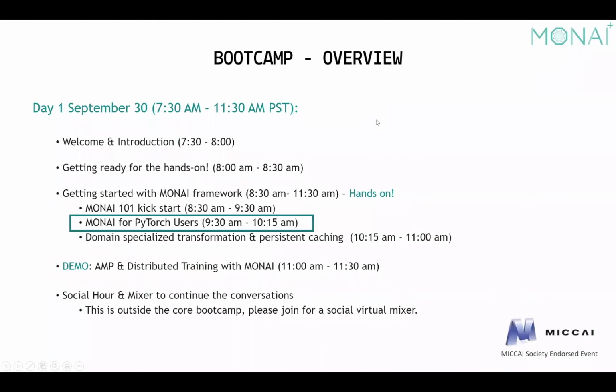There we are. So we've seen an initial lab. I have 45 minutes to talk about and show you through lab-based examples, MONAI for PyTorch users. So I have very few slides. Those of you who don't like code in the slides would be glad to know there is no code in my slides. And really the goal is to get to the notebook as quick as possible